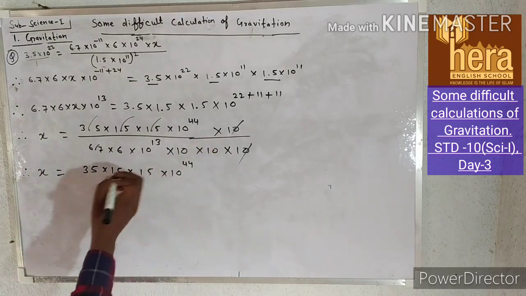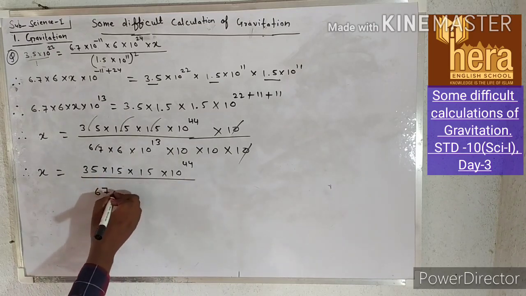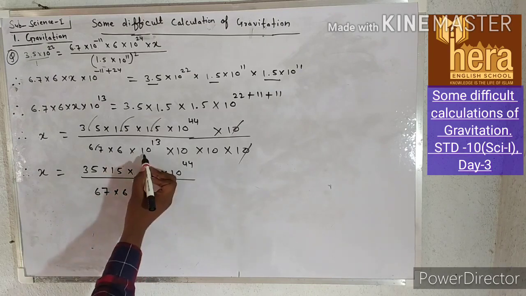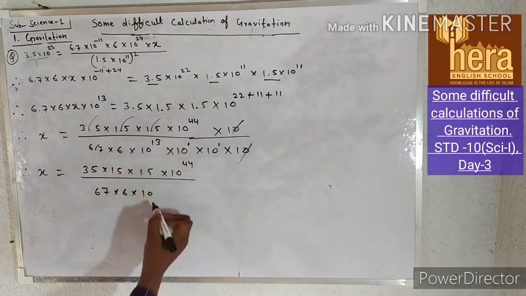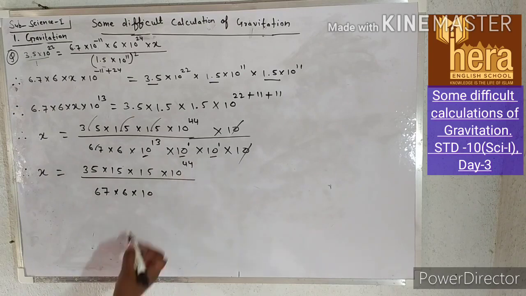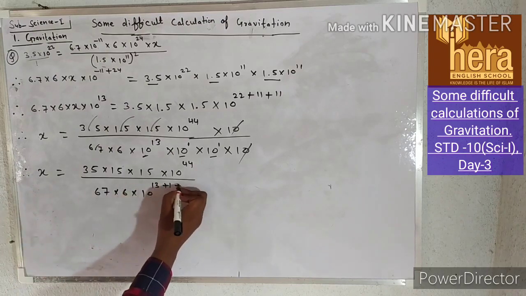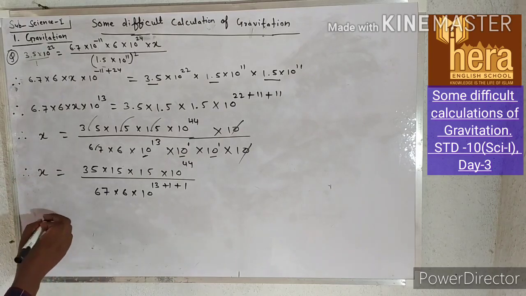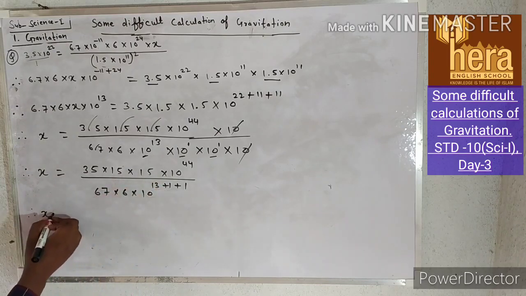Okay. So we can write 67 into 6 into 10 raised to 13. 10 raised to, here is 1. Nothing, it means 1. Here is 1. Base is 10, base is 10, base is 10. All are in multiplication. So this will be equal to 10 into 13 plus 1 plus 1. Therefore x is equal to